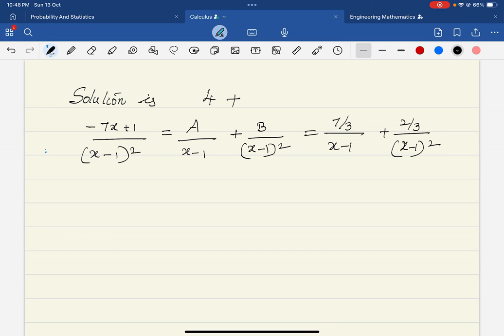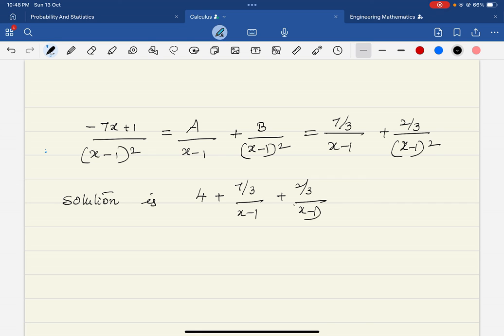So now 4 plus this whole thing. The solution is 4 plus 7 by 3 over x minus 1 plus 2 by 3 over x minus 1 the whole square